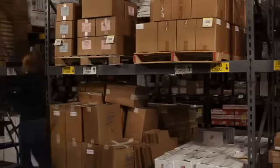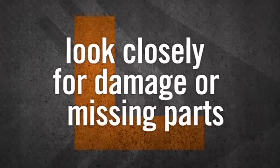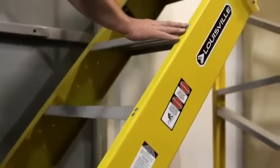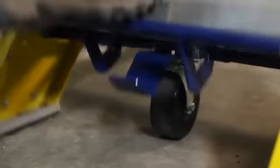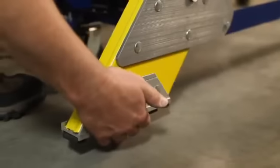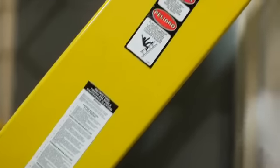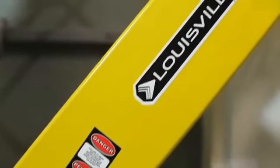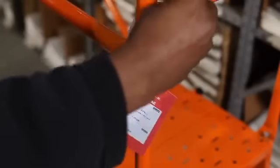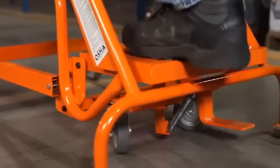Once you've chosen the right rolling warehouse ladder for the job, it's time to look closely for damaged or missing parts. Thoroughly inspect the ladder from top to bottom. Check for loose fasteners and confirm that the locking device and casters are operating properly. Examine the rubber feet to make sure they're not cracking or torn, and make sure all of the labels are still attached and readable. If your ladder doesn't pass inspection, do not use it. Tag it for repair or disposal. If it does pass inspection, you're ready to move on to the I in